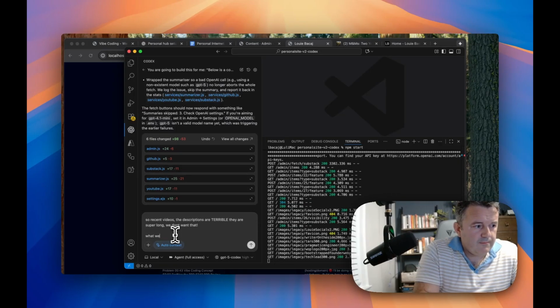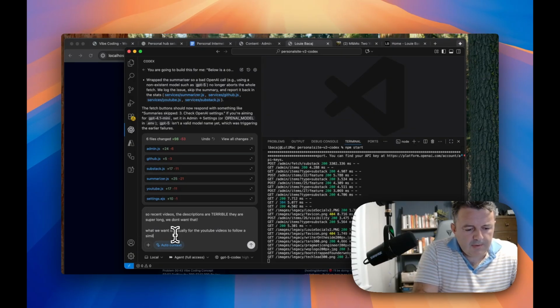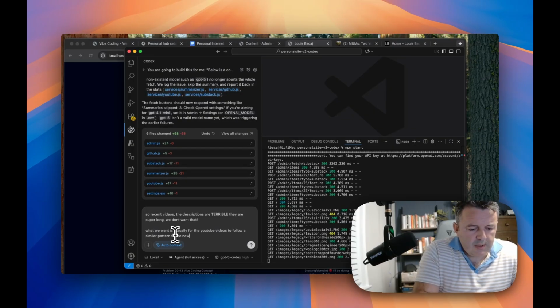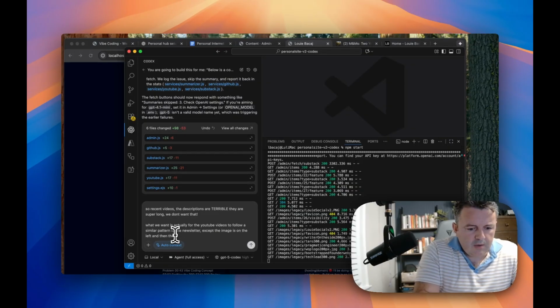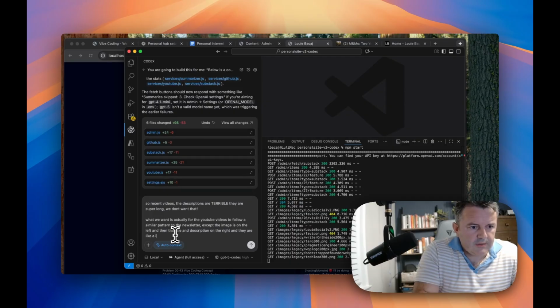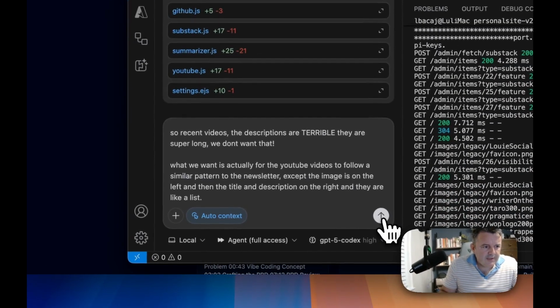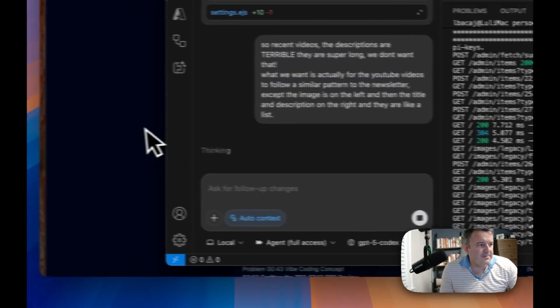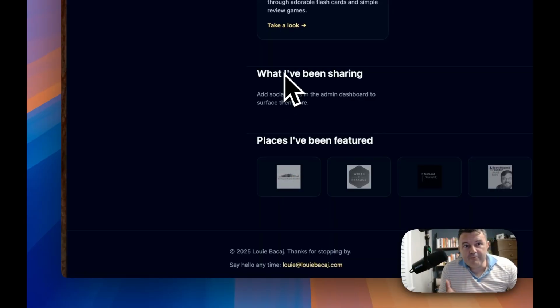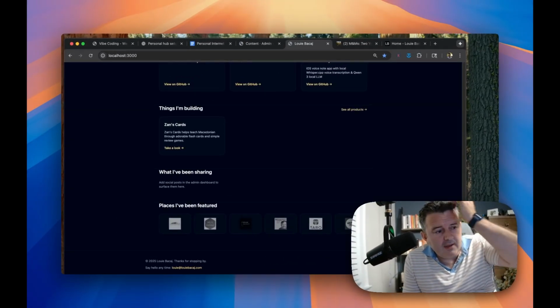What we want is actually for the YouTube videos to follow a similar pattern to the newsletter, except the image is on the left, and then the title and description on the right, and they are like a list. Okay, so these are just preferences. I'm just nitpicking. I'm just being annoying. But the fact that I'm vibe coding this, I mean, it would take me a long time to figure out